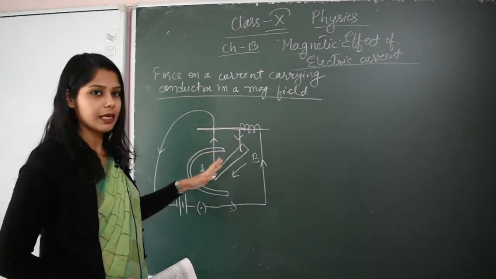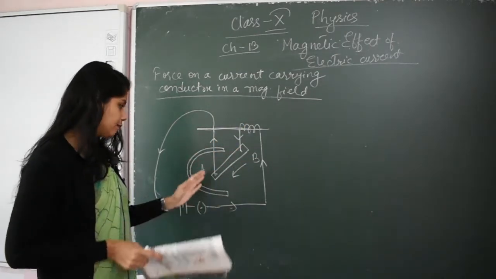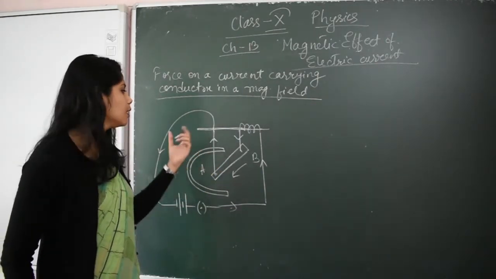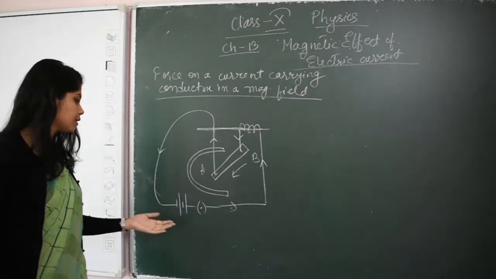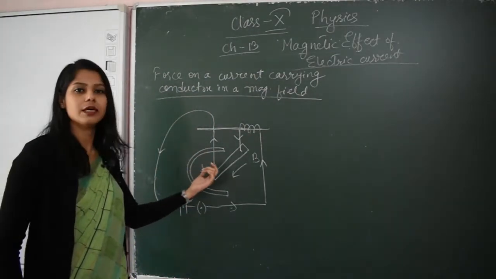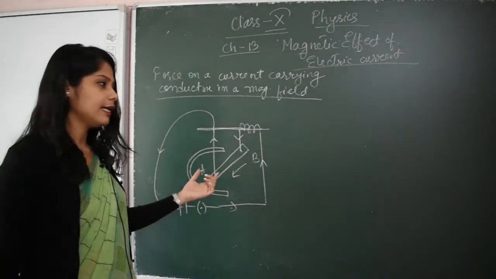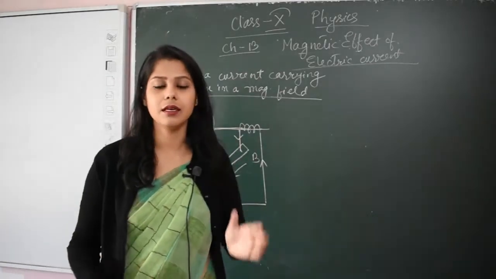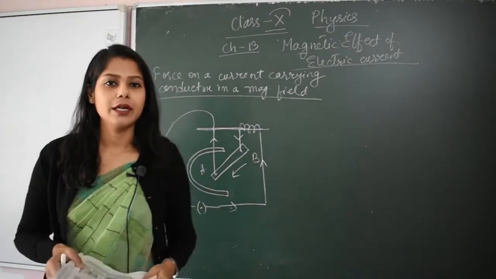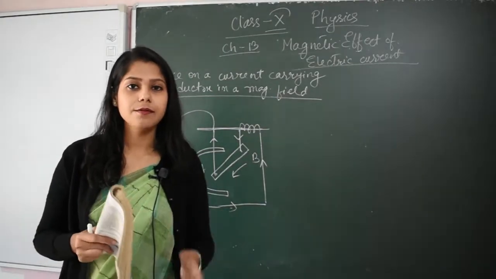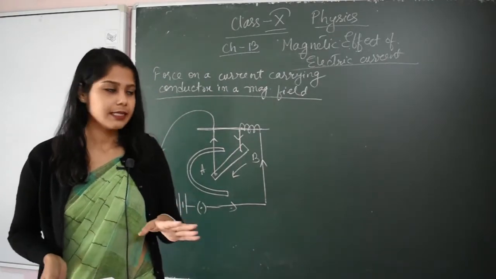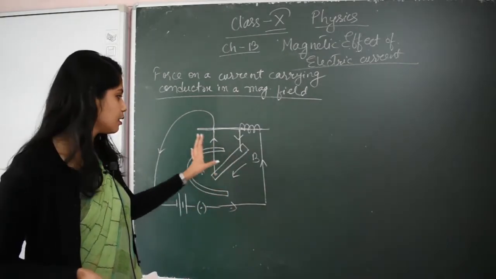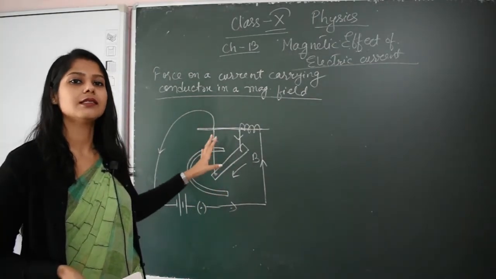If I pass the current from B, then the rod will move towards the left in the vicinity of the magnetic field. If I reverse the poles of the battery, then it will move towards the right in the vicinity of the magnetic field of this conductor. So we have learned that the field so produced exerts a force on the conductor placed in its vicinity. Vicinity means in the area, the particular place where this whole thing is happening.